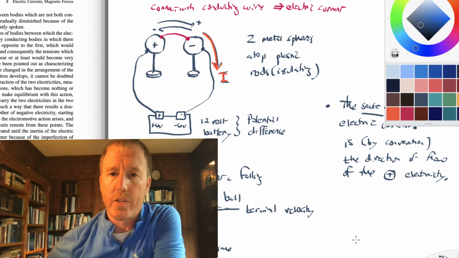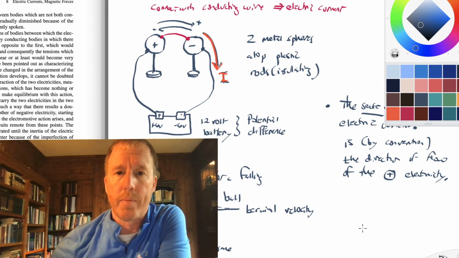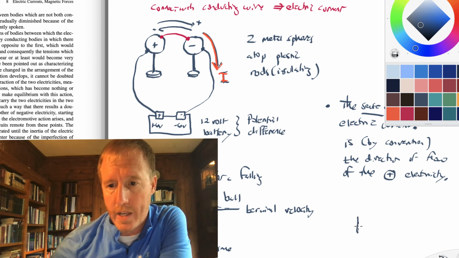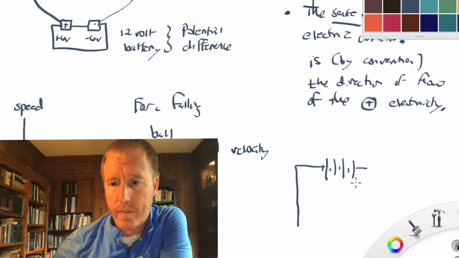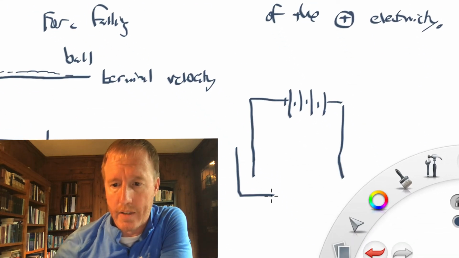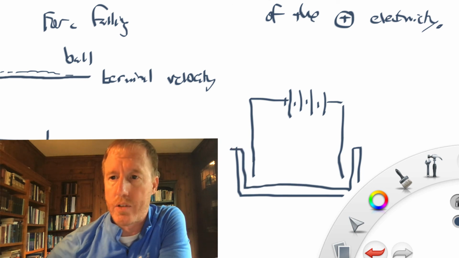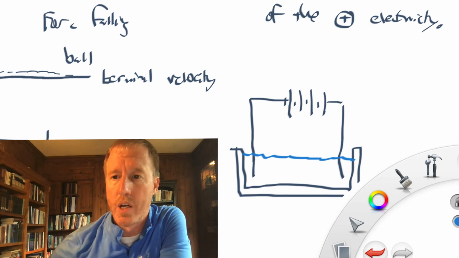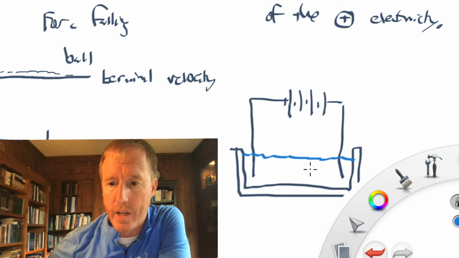And remember, maybe I'll say one other thing about that. When you have some situations you set up, there are positive and negative electricities in fact flowing. So if you have a battery hooked up to a saltwater bath, so I mentioned this in my last lecture. So if you have a battery hooked up to water, and to emphasize this, let's make this salt water. So you've got sodium and chlorine ions that are dissociated in this.